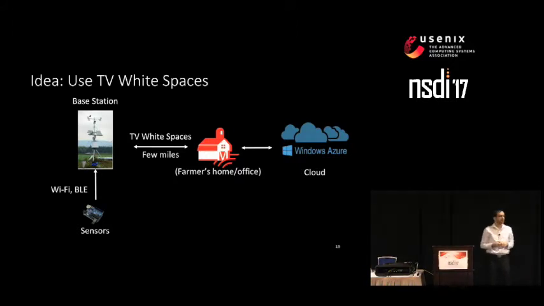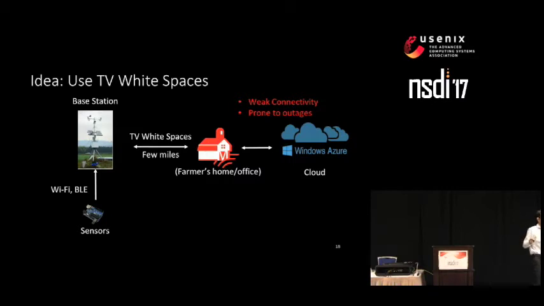Are we done? Can we just ship all this data to the cloud? The sensors are generating a lot of data. Can we just ship it to the cloud? Not really. Remember, this farm is in a rural area where the connectivity is really weak, the bandwidths are low, and even this low bandwidth connection is being shared by multiple farmers at the same time. And even if you ignore this connectivity issue, there is the issue of outages that I told you before. This connection is not reliable. You cannot rely on this connection for connecting to the cloud all the time because of weather-related outages that can happen.